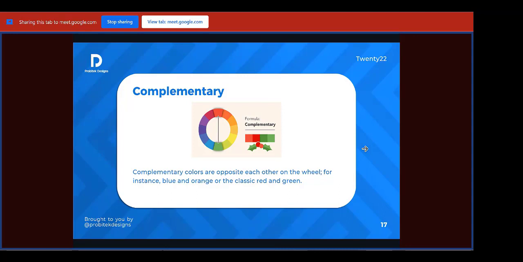Complementary colors are just basically two colors facing each other, or opposite colors on the color wheel. So we have red and green here. I think that's actually what we use in the Christmas color. That's the Christmas color. So I think that's what I even use as the illustration. So red and green are complementary colors, and you could